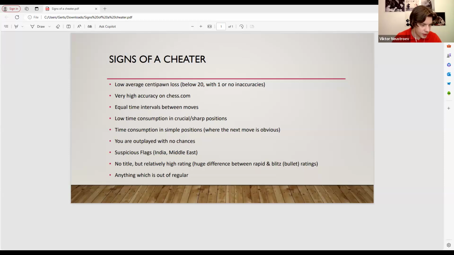Yeah, I think almost everyone has had to play against a cheater. Maybe not all of these cheaters were caught, not for now. If a cheater just uses computer assistance a few times in the game, maybe he won't be caught, at least not in this game. But when the number of such events increases, then he definitely will be caught. So it's just a matter of time.